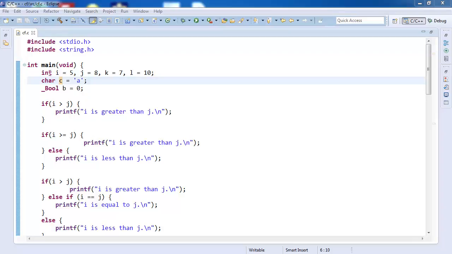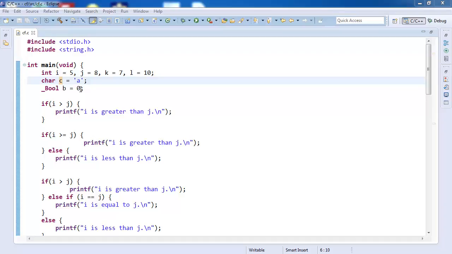So for example, consider this program. We have 4 integers declared here, i, j, k and l, with respective values of 5, 8, 7 and 10. We have one character c whose value is 'A'. We have an _Bool whose value is 0 or false.